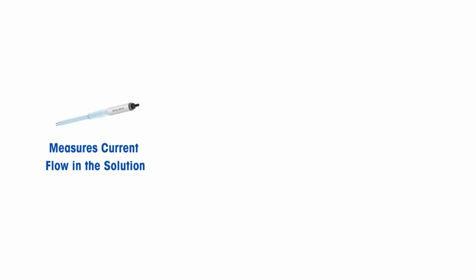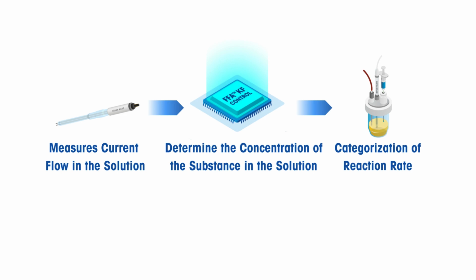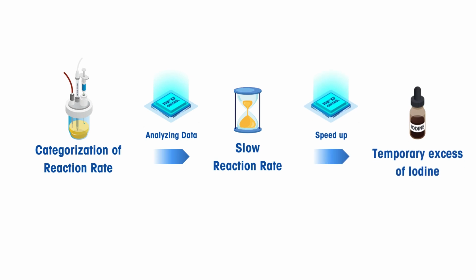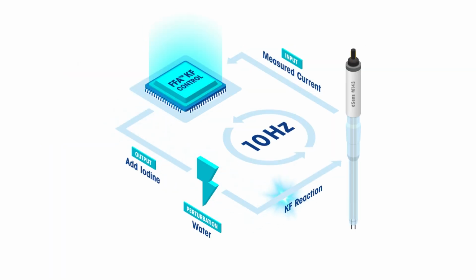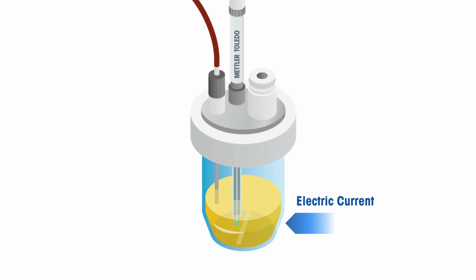The FFA leverages measured data of the chemical system in the KF cell to categorize the chemical reaction as either fast or slow, enabling it to select the ideal titrant dosing approach. The FFA relies on a measured sensor signal. METTLER-TOLEDO uses a polarized double-pin platinum electrode to measure the electric current imposed by the presence of iodine in the